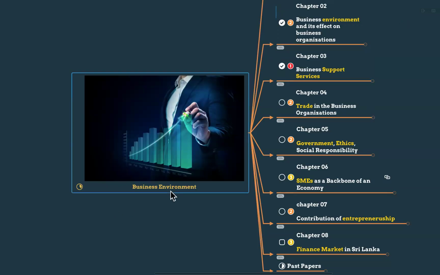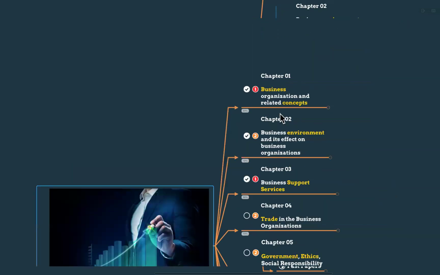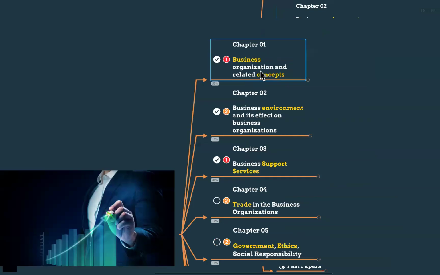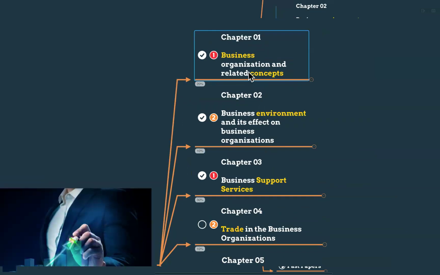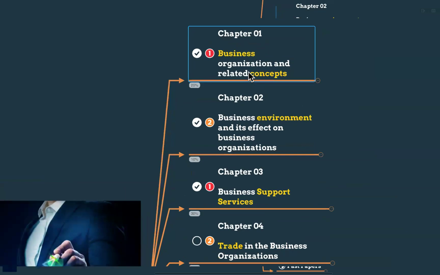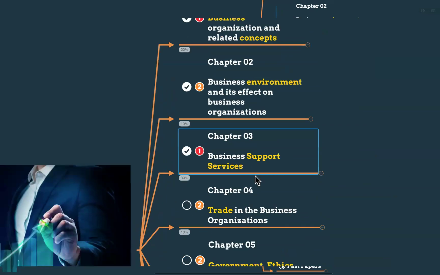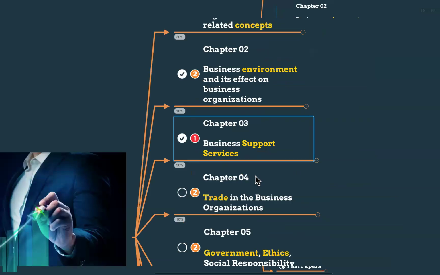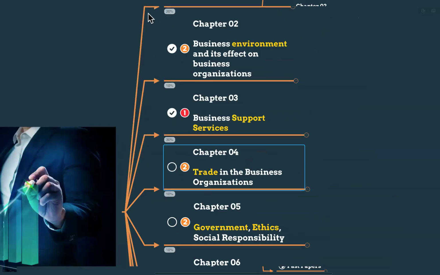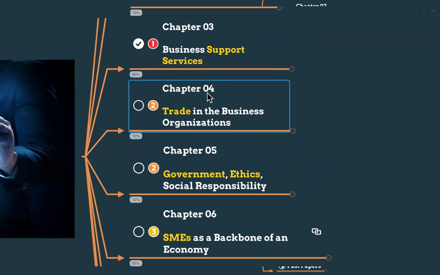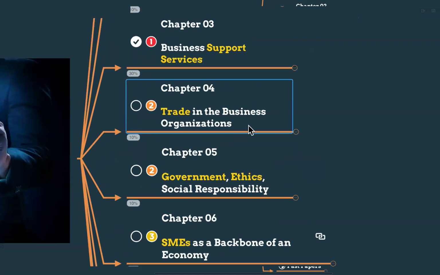Students, we are actually in business environment and we are making good progress in our syllabus and with our past paper session. As you know, we have completed chapter 1, chapter 2, as well as chapter 3 with all the relevant past papers with accuracy. And now we are moving to the next topic, means the next chapter, that is third in the business organizations, right?